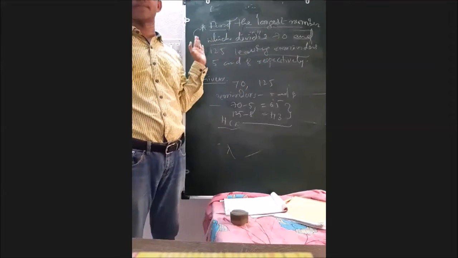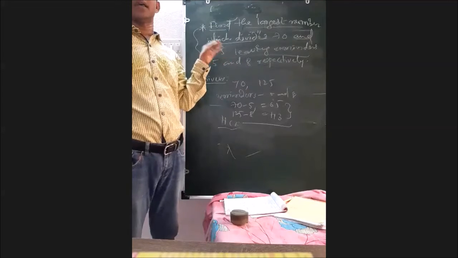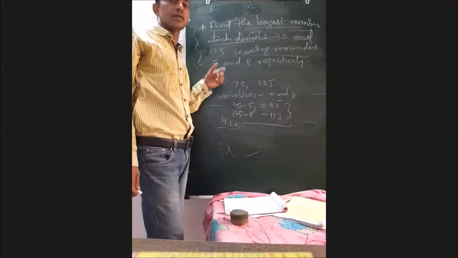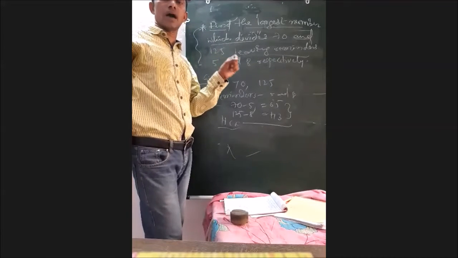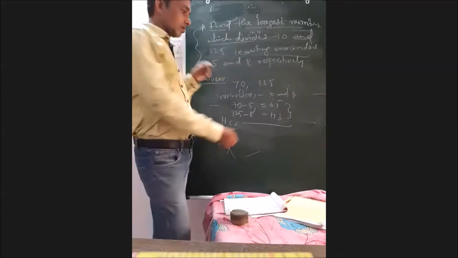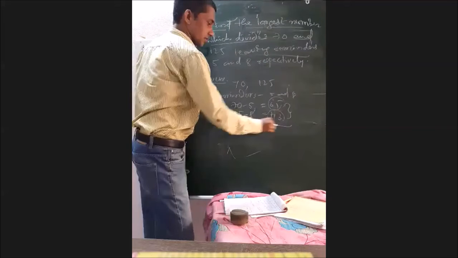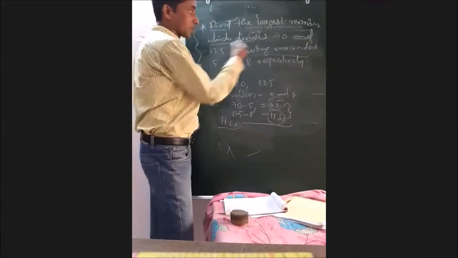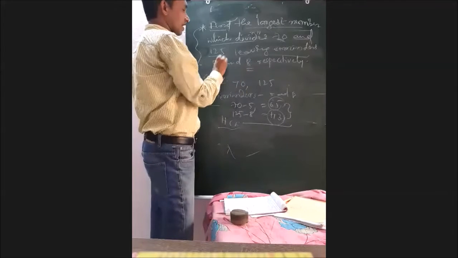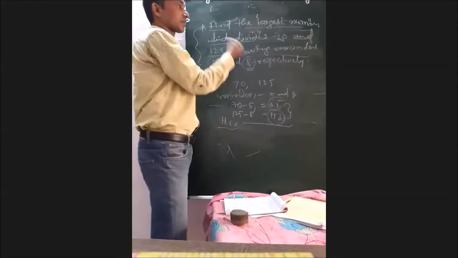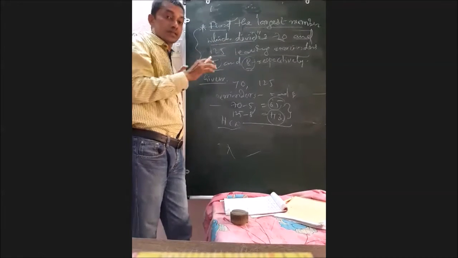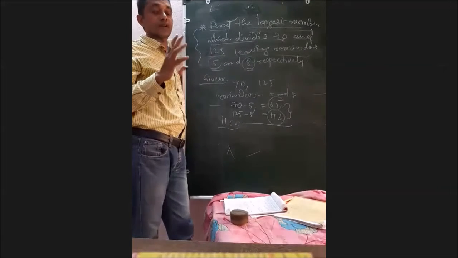What is the first question? Find the HCF of the given numbers 65 and 117. What he has asked there, you have to find out the HCF. Now these are the original numbers. How the numbers have been converted into another form, that is 70 and 125. The remainders are given. So when the remainder is given, you have to subtract it from the given numbers. Understand? So this is the way you have to prepare for the examination.